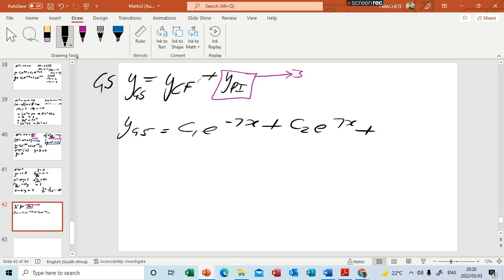And then you're gonna add your YPI. Your YPI is found to be negative 3 over 49. I don't know if you can get negative 3 over 49 on the calculator. If you calculate, I don't think you can find it. Yeah, it just remains like that. So that's how you do it, guys. This part,